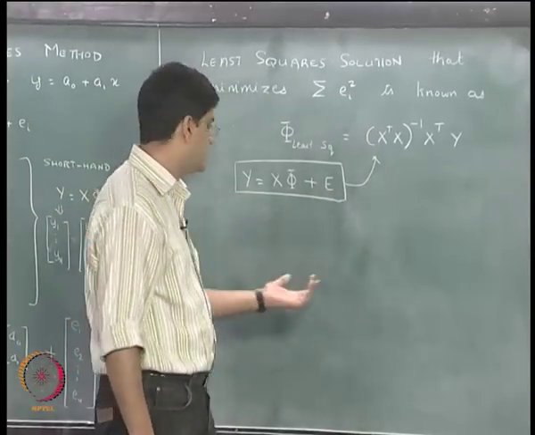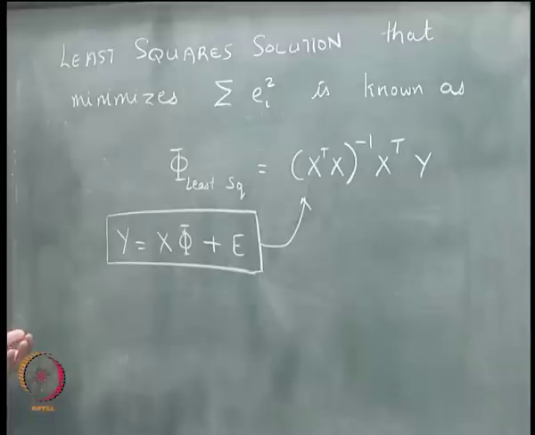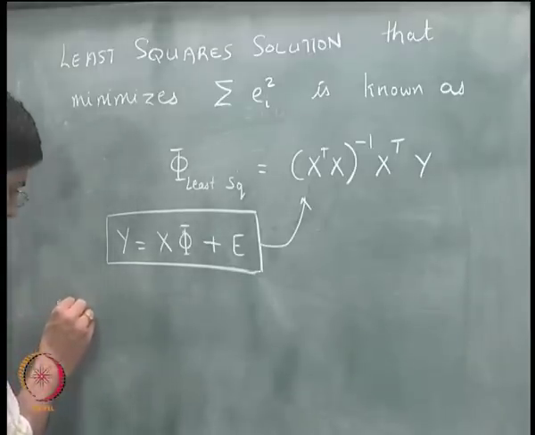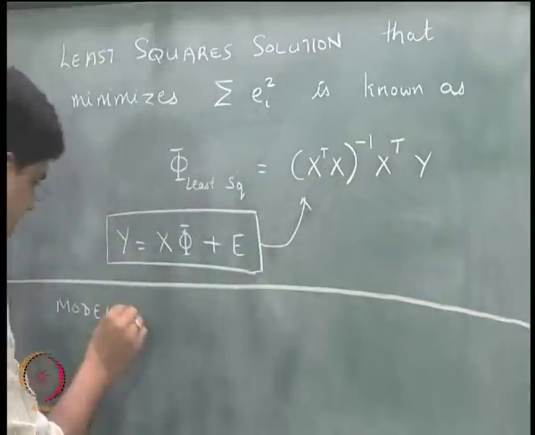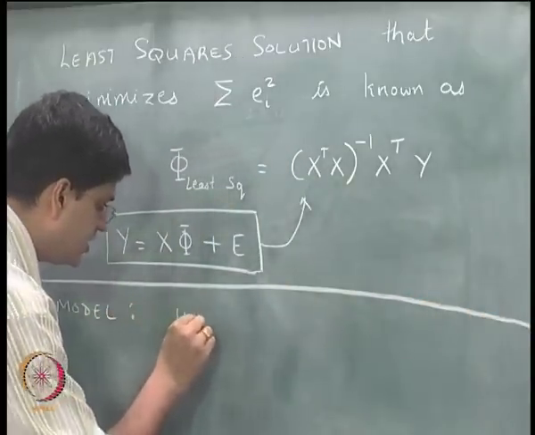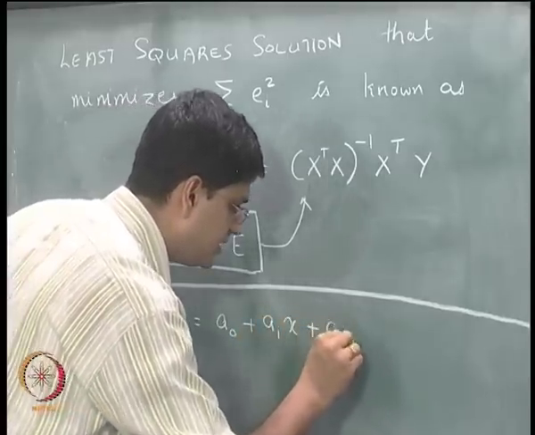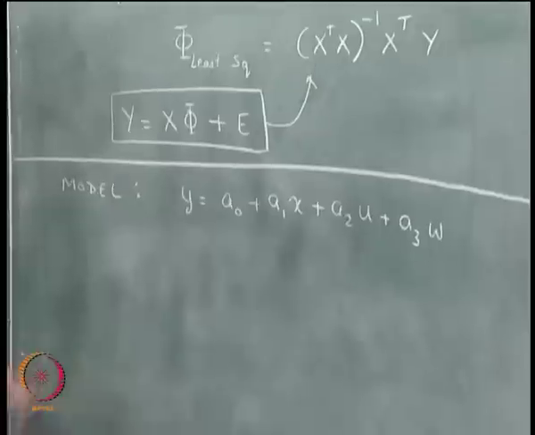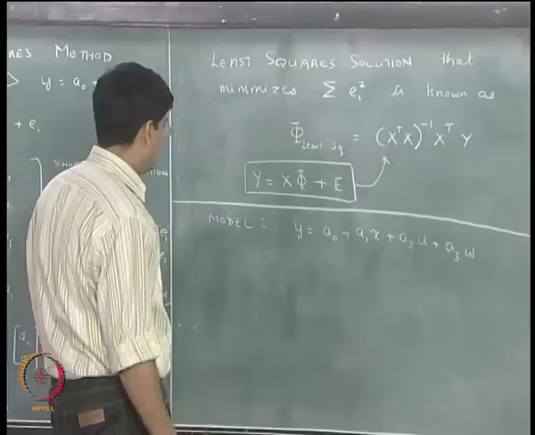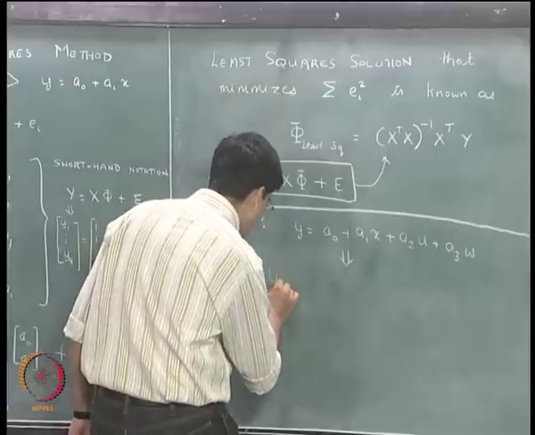So now let us extend this particular problem to multiple independent variables, to find y as a function of multiple independent variables. So, if the model that we were interested in is y equal to a0 plus a1x plus a2u plus a3w, okay. If this is the model that we are interested in, then our data can be written as yi